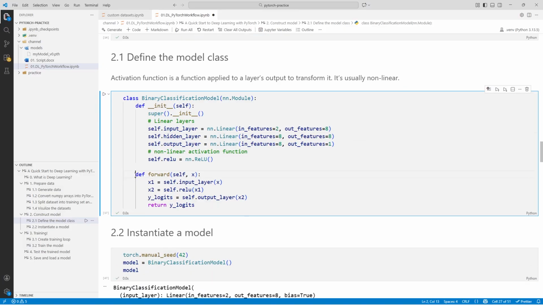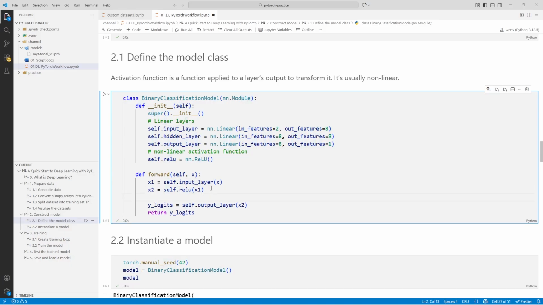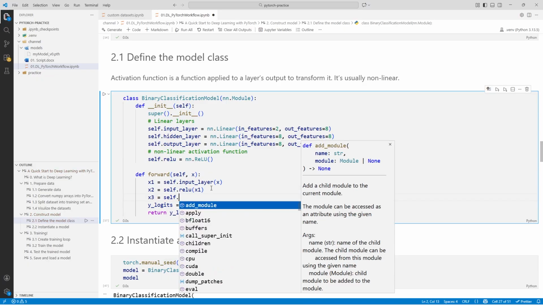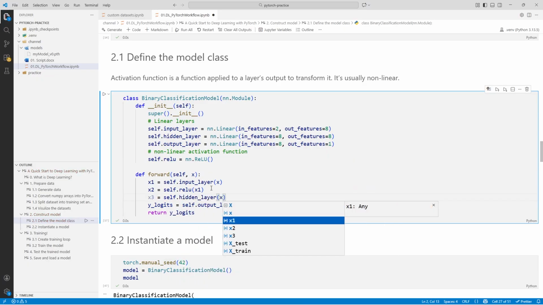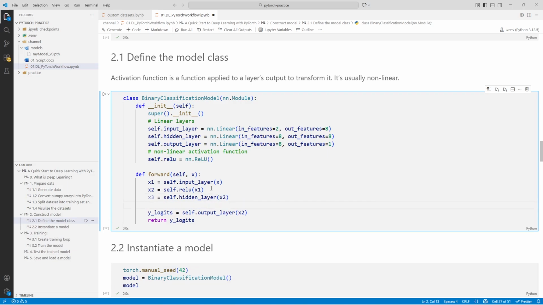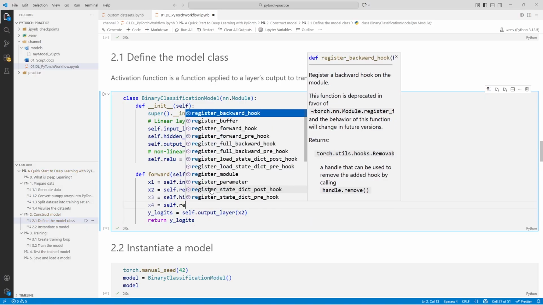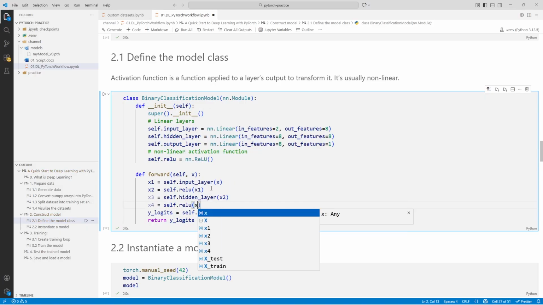And we also need to adjust our forward function. After the input layer, apply the ReLU function, and we can pass the data into the hidden layer, and we can apply the ReLU function, self.relu, and finally we pass the data into the output layer and we get the results.